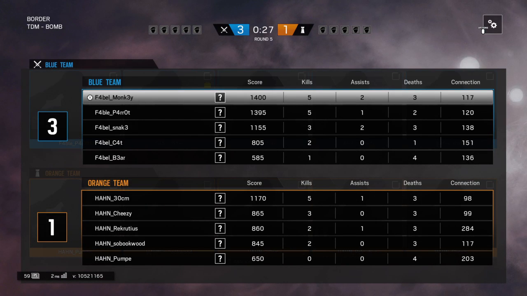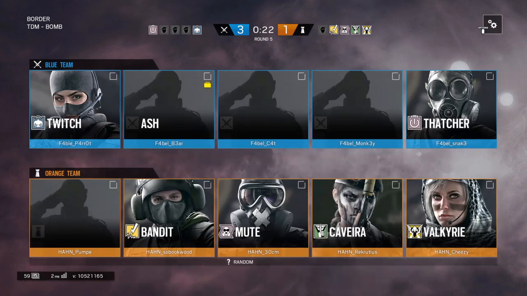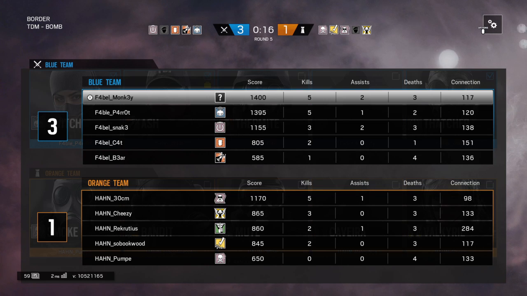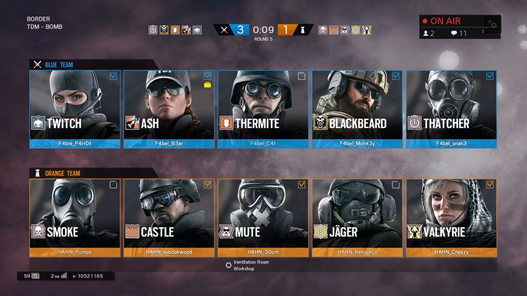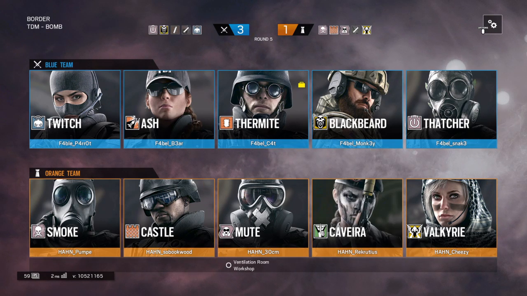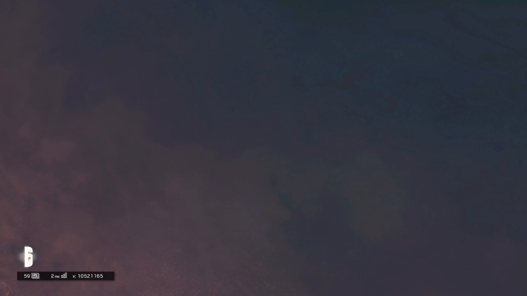So now it's currently a 3-1. HAHN have a long way to go to bring this back. They have another 5 rounds to bring this back, I'm pretty sure. So they're gonna have to work for it. Now, if FABel wins 2 rounds, it's a draw for first, but I don't know if they will get it. HAHN gets 2 rounds to clear it now. And if they will take it, it's